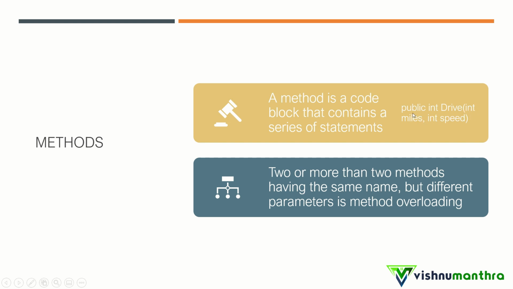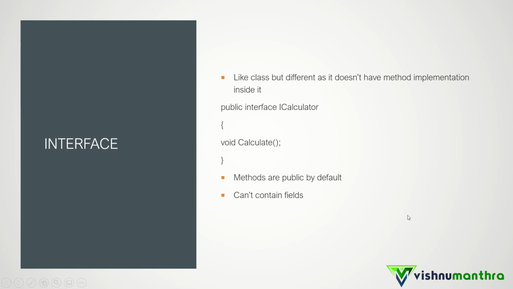We will look into different types of methods, what all ways we can create methods, and we will also see how method overloading works. Next is the interface. An interface is like a class, but the difference is that it does not have any method implementation in it. We know that IWebDriver, which we use to get the Selenium or WebDriver instance, is an interface. So we should understand more about interfaces to understand the real sense of what IWebDriver is.